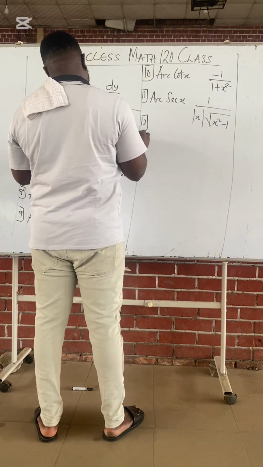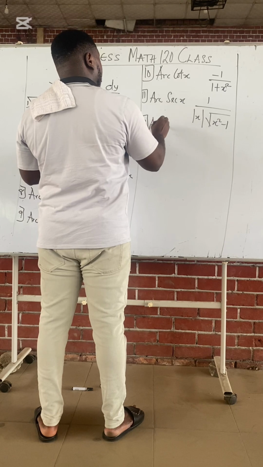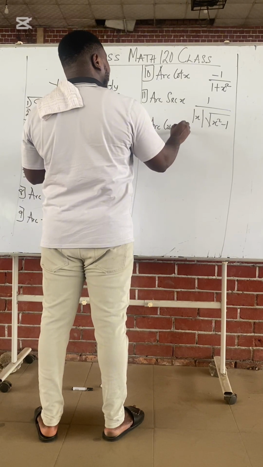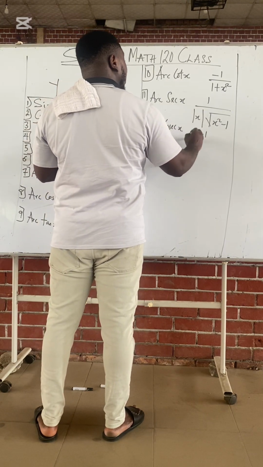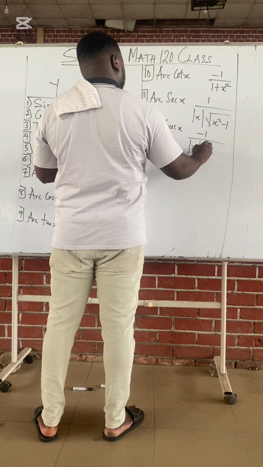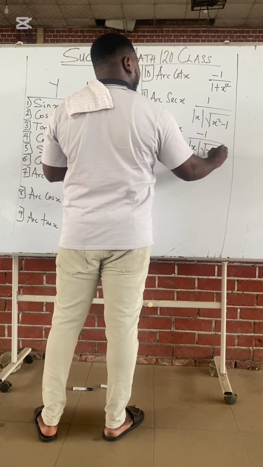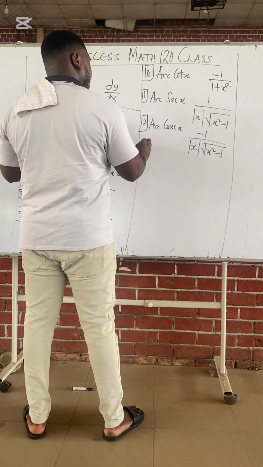Twelve, arc cosec x is minus 1 all over absolute value of x times root of x squared minus 1. Thirteen,